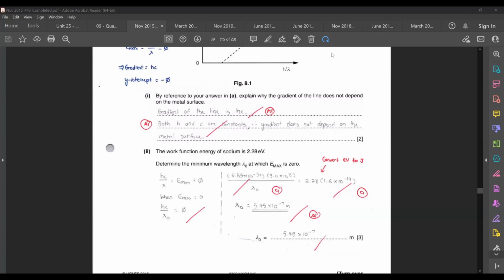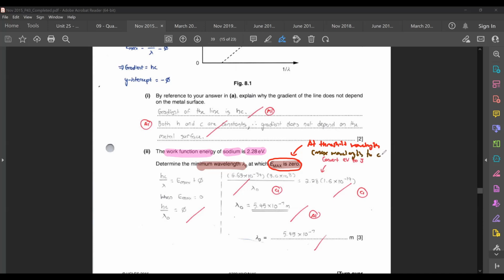Now here they mentioned to you that the work function energy of sodium is 2.28 eV. Determine the minimum wavelength lambda naught at which Emax is 0. Now this one, there's something a bit odd about this question. When your Emax is 0, you are supposed to be at threshold wavelength. And when you are at threshold wavelength, that is actually the maximum wavelength